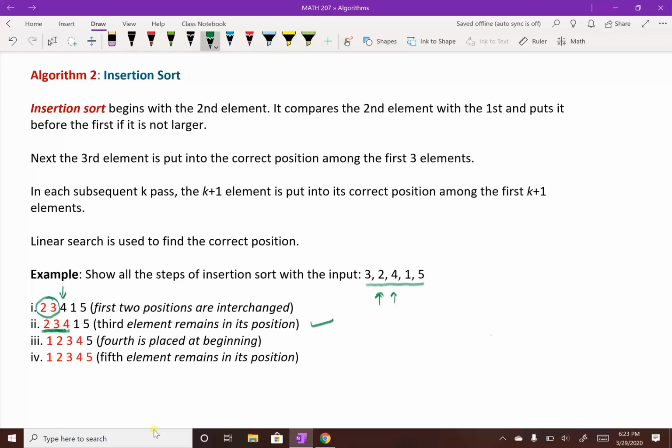Then my index after this second step is going to shift to the fourth element, and my fourth element is 1. I'm going to compare this 1 with the first element, which is 2, and I know that 1 is smaller than 2, so I'm going to do the interchange. And once I do the interchange, if I take 2, 3, 4, 1 and 5,